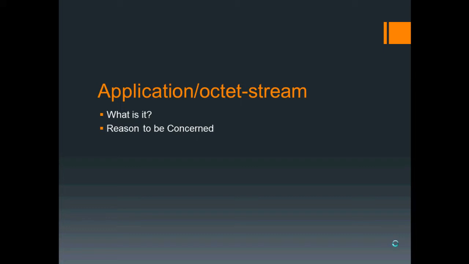So what this application slash octet stream content type is, it was supposed to be a way for web servers to indicate that the returned file had no meaning to the web server, and it shouldn't have any meaning to the client. This is fine, but then all files that were non-web files that didn't really have a better content type defaulted to this. And sometimes this caused errors such as